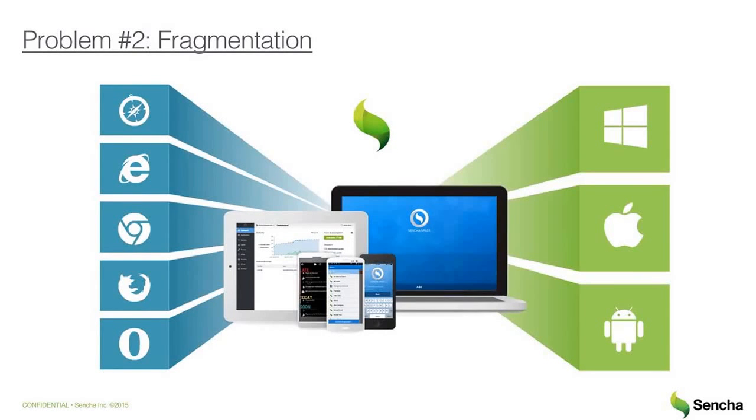And although we take it upon ourselves to test Ext JS across all of those browsers and environments, we certainly understand that the enterprise can't do that of their own code base. So Sencha realized there had to be a better way to deploy web applications to users across enterprise organizations with a consistent runtime that would help to mitigate this browser and environment fragmentation. So that leads me to the second approach,